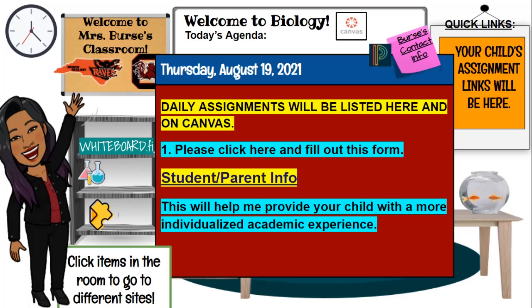The purpose is to make sure they can get that information if they're not in class, or see it as they're walking in and get prepared for what we're going to do. They'll see their daily assignments listed here, on Canvas, and on my whiteboard as they walk in.